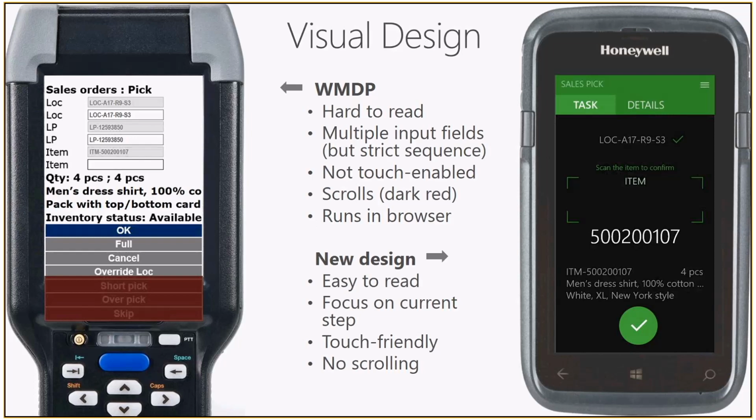As you can see on the right, we have redesigned the UI to focus on the current request to the user, which is the item ID in this case. Now, this is a scannable field, so we could accept a barcode or a keypad entered value. The example on the left also shows the issue with supporting touch-based interfaces. It has clearly been designed for a stylus